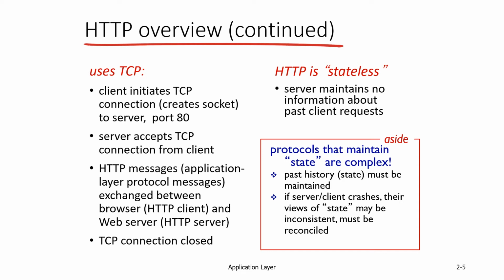We call an HTTP service a stateless service because the HTTP server does not maintain any state about the client. That is, it does not track the client, it does not know who the client is, and it does not keep any information in memory about the client. Protocols that maintain state are relatively more complex because you need to maintain a past history of the client. That is, if the client-server model crashes, then you should be able to view the state at which it crashed, and then restart or resend the objects from that particular state once again. But HTTP by default is stateless. That is, it does not track the client. It does not have any information about the client or their previous browsing history.